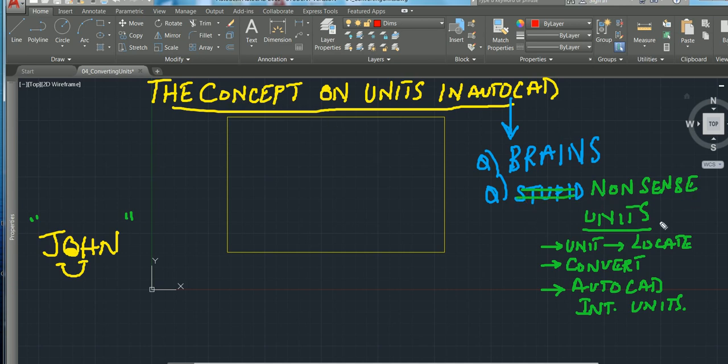So the concept of units. What is units? If you're an engineer or if you're an alien, when you think about units, what comes in your head? For me, this thing comes: unit of measurement. So it's either in millimeter or metric units